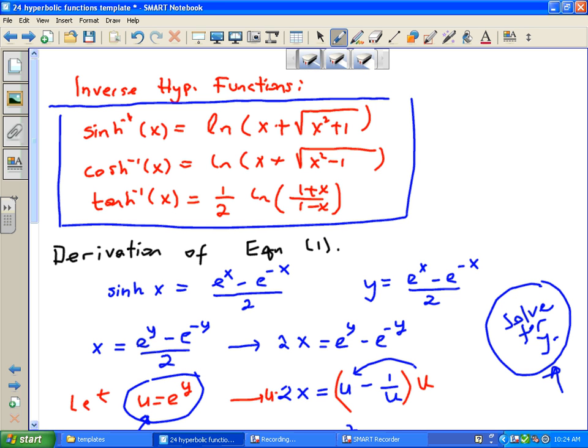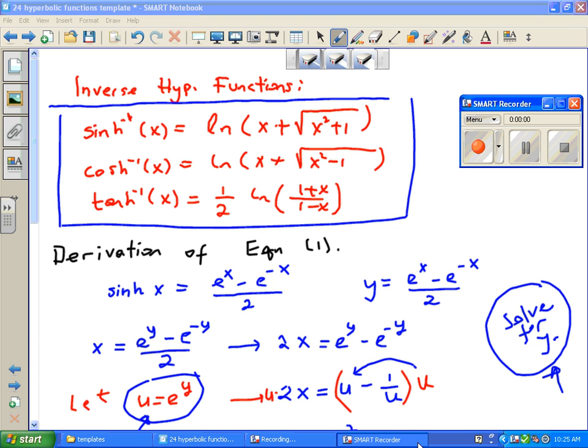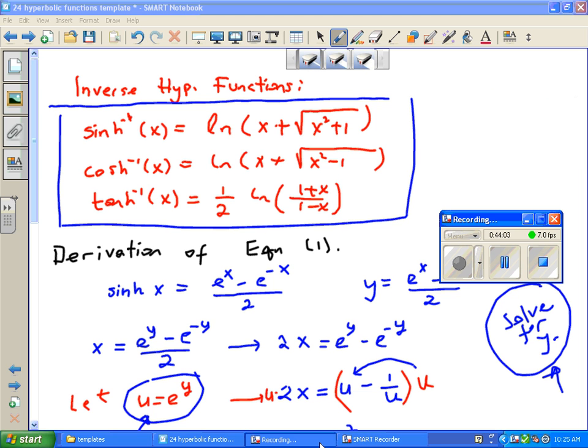Now you see what I meant. This section has so many formulas in it. I almost feel bad covering it in one day, but usually it's covered in one day. And the reason being, it's not the most essential section in calculus. That's why they pack everything in one day, saying, okay, in case you need this in the future, here's everything you ever need to know about hyperbolic functions. Okay, I think I'm going to